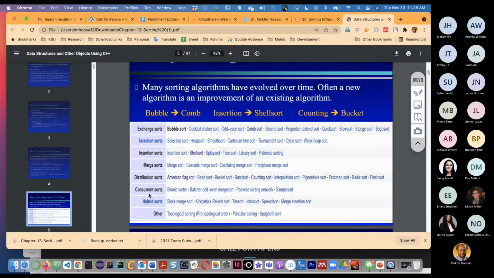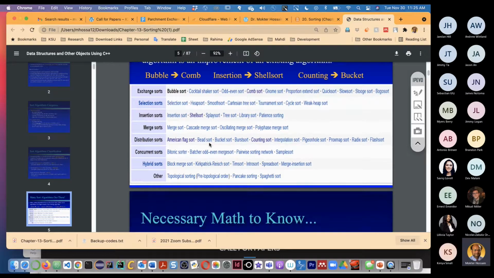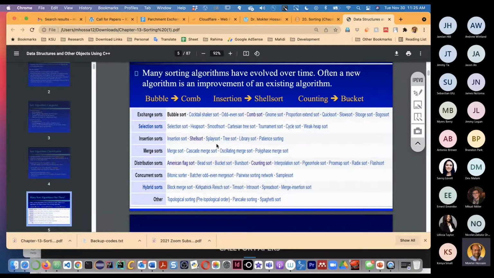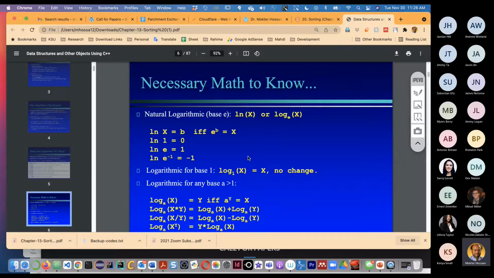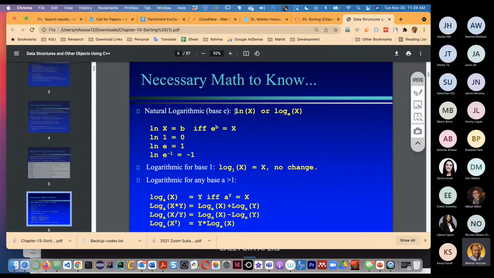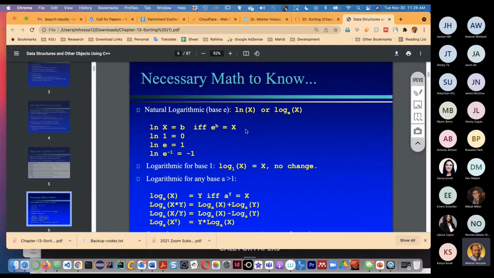Okay. So as I said, there are many sorting algorithms, and a lot of research is continuing on the sorting process. Here are some sorting algorithms. You don't need to memorize this, but if you have curiosity, then you can. For sorting algorithms, we know log n, so you need to understand logarithm. Okay, so we say ln, that means